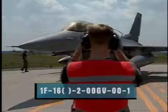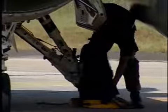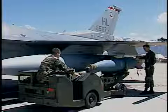Tech Orders 1F-16C-2-10JG-00-1 and 1F-16C-2-00GV-00-1 cover the procedures for the F-16 aircraft. No matter what your specialty may be, you need to be aware of the hazardous areas on the F-16 and